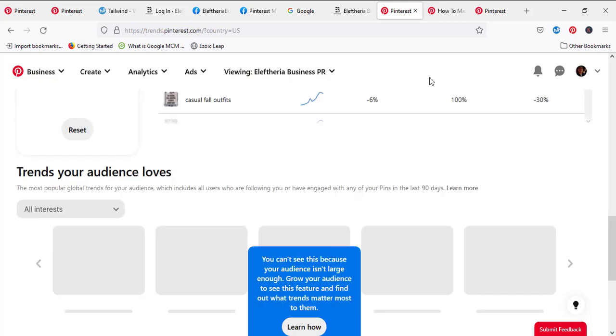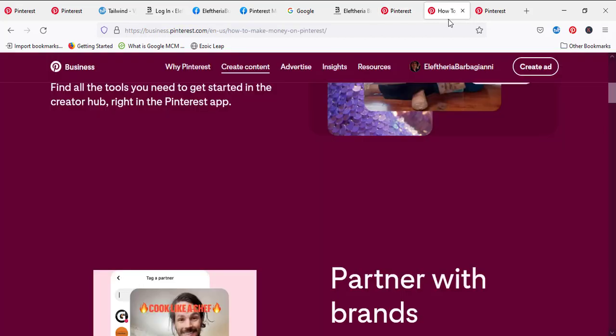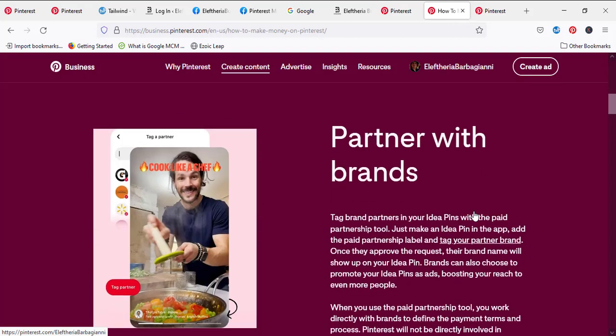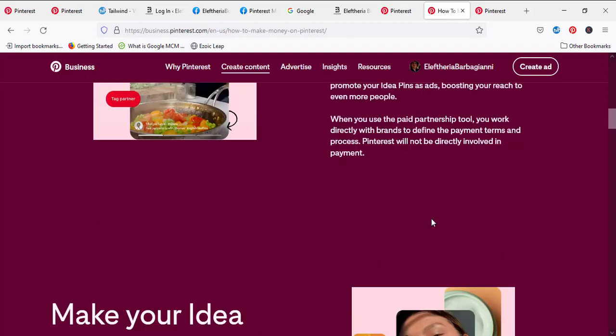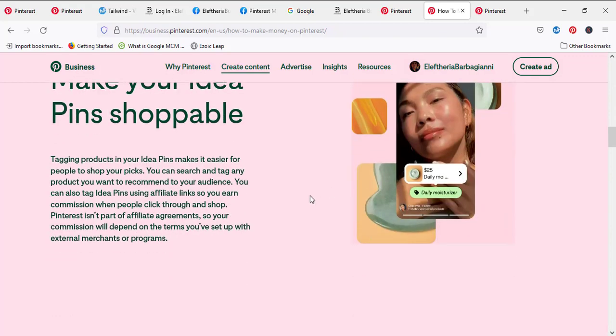Pinterest Trends has really been updated, and you are able to get a lot of data from it when you grow your Pinterest account. It's very important for you to know how to use it. So then, when you click on the audience, it's gonna open, and you have how to make money on Pinterest. You have a couple of ideas here.